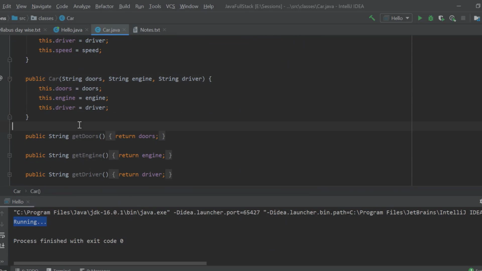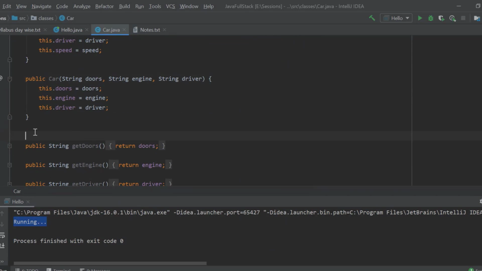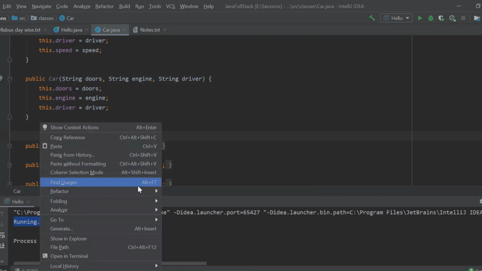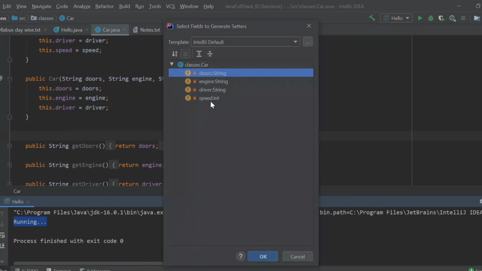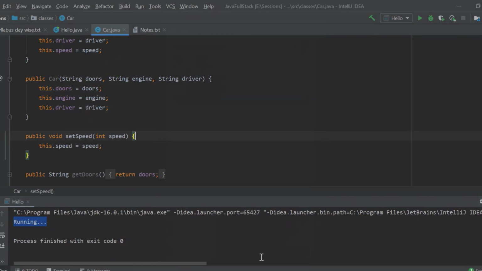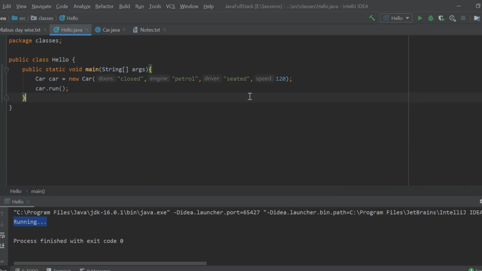And I'll simply use a setter method over here. I'll generate a setter method for my speed. Now I'll go back to my hello world program. I'll remove this speed.